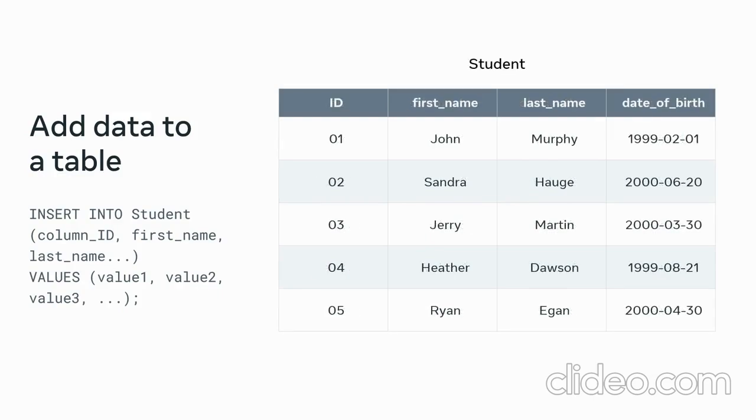I'll use the student table I created earlier and add student data to it by specifying values for each of the following columns: ID, first name, last name, and date of birth, and then populate the table with the required